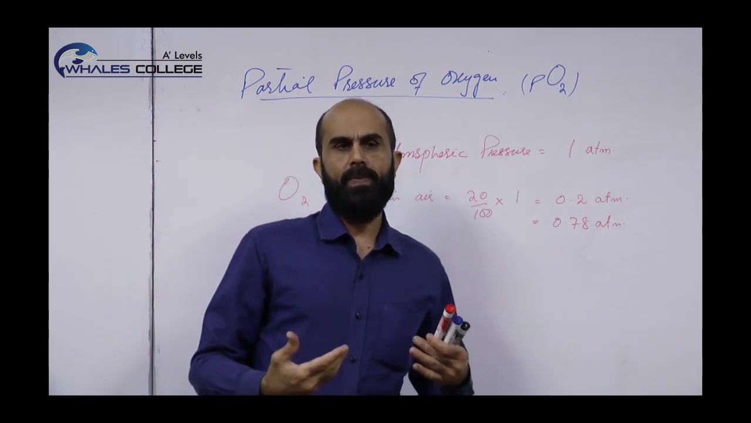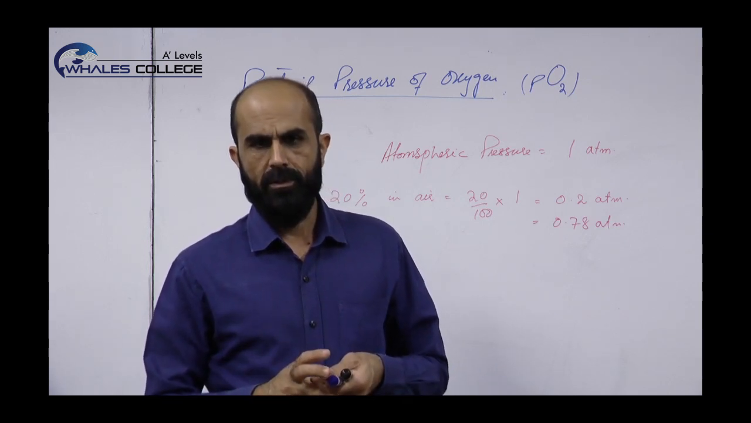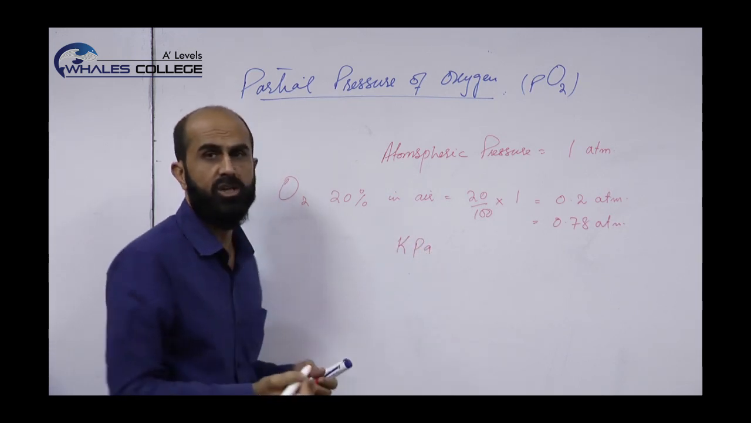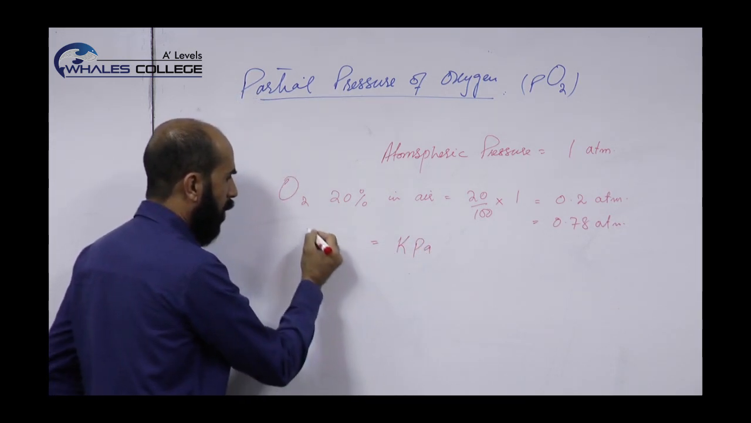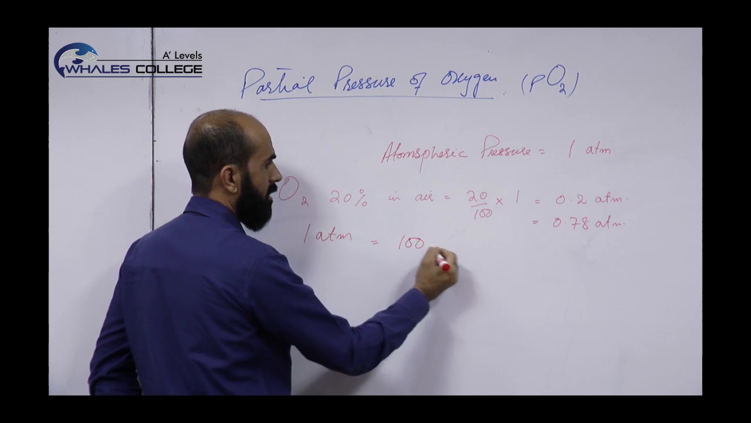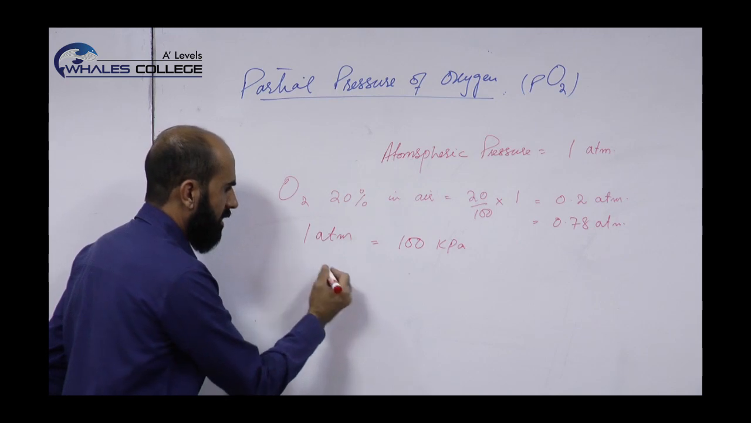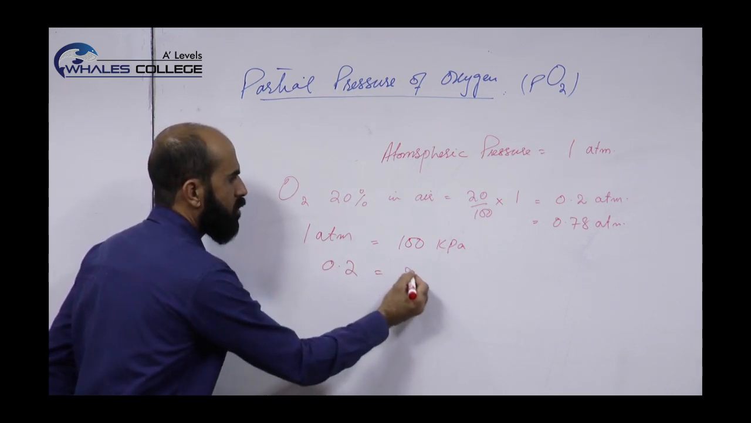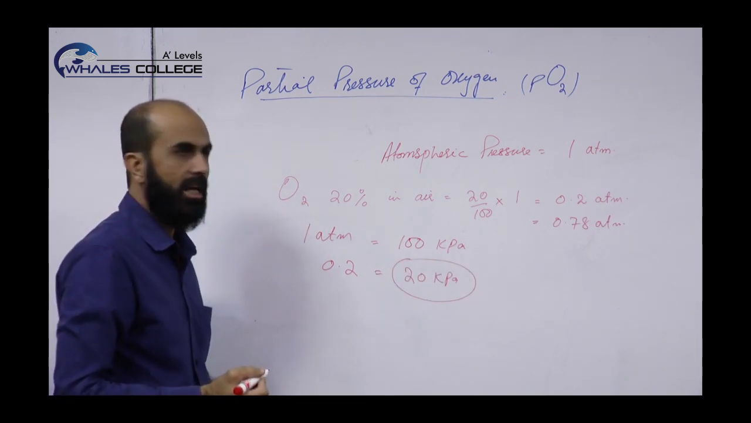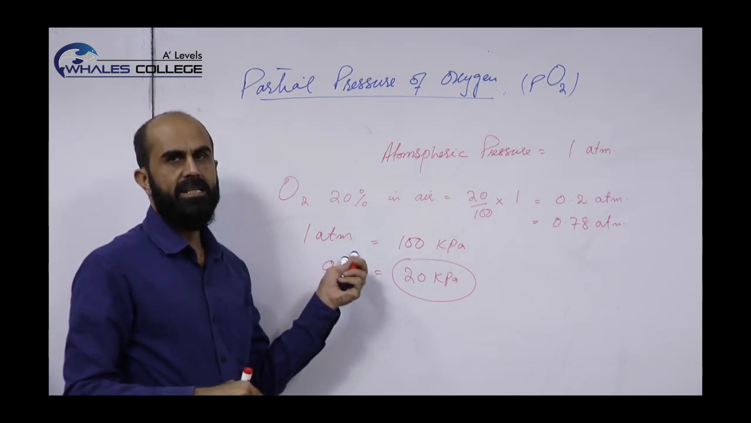So there are 3 different methods, techniques of calculating partial pressure in the sense of units. If we talk about the kilopascal, kilopascal is also a unit of pressure. So we say that 1 atm of air is always equal to 100 kilopascal. So 0.2 oxygen means 20 kilopascal. So 20 kilopascal is the partial pressure of oxygen in kilopascal, and 0.2 is the partial pressure of oxygen in atm. Same,